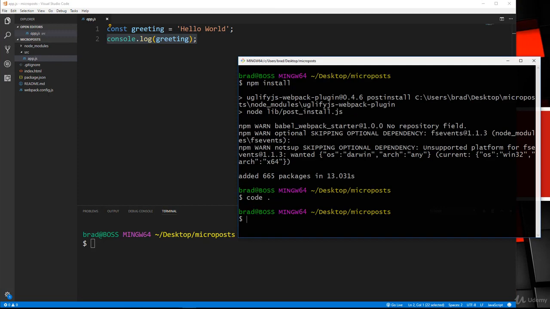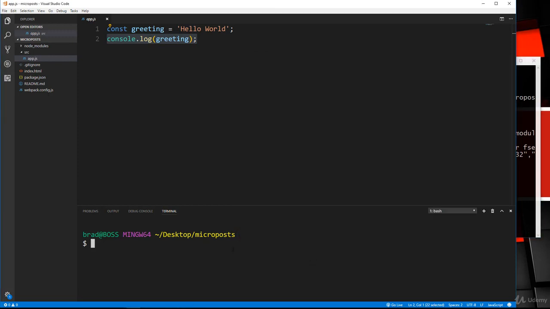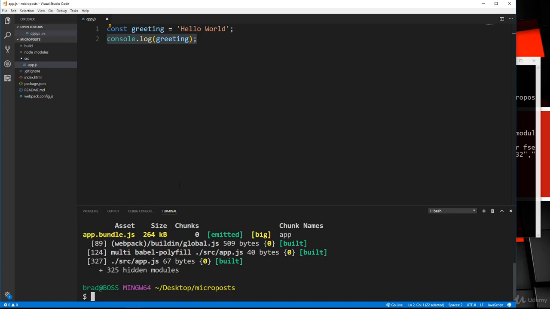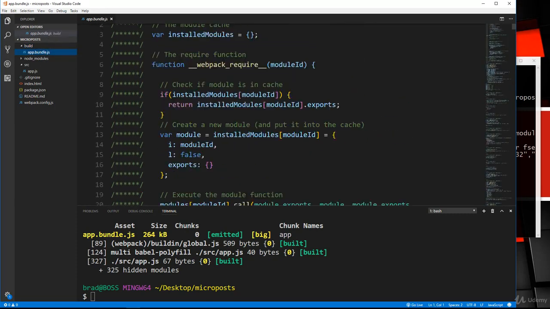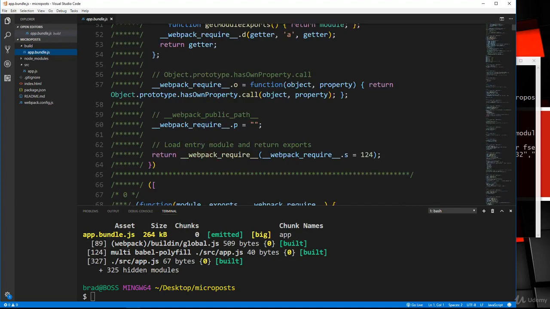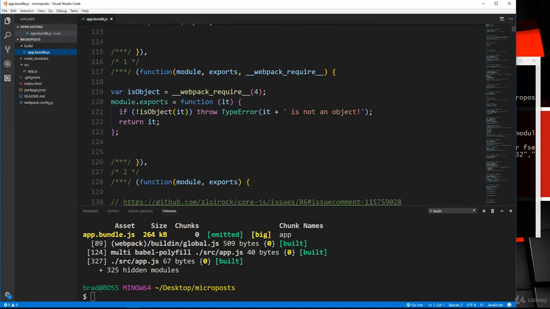If I go to my command line, I can either go over here or down here. I'll just go down here and I'll say npm run build. And that's going to have Webpack create this build folder for us. And if we look inside, we have an app.bundle.js file. And this is basically, there's going to be a bunch of stuff that you don't understand here. But if we go down to the bottom,